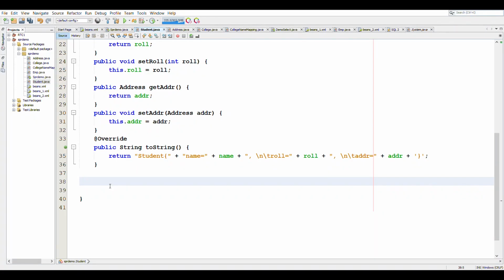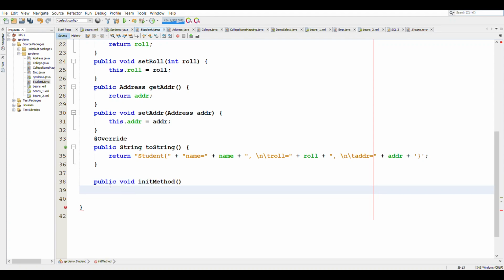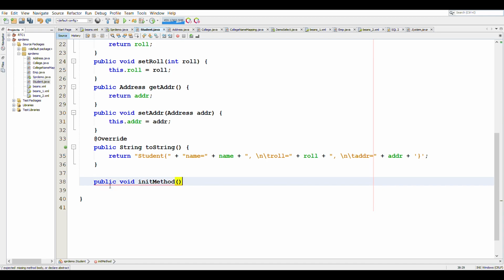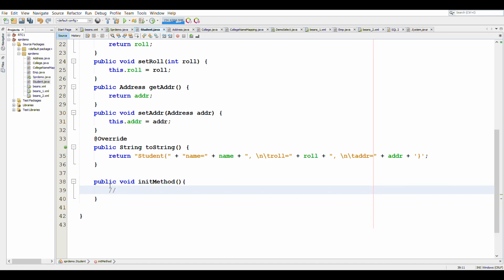So here in the student class, we define public methods. So this is init method. And here we will write some initialization code.